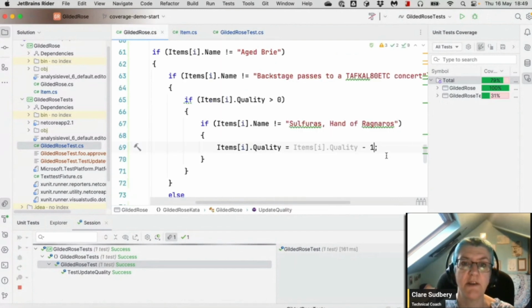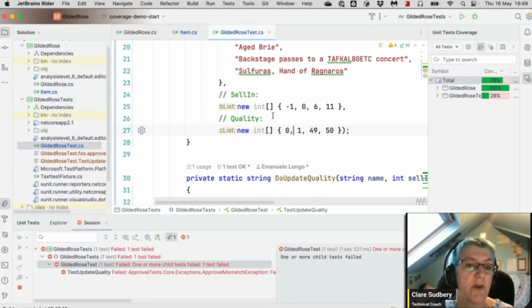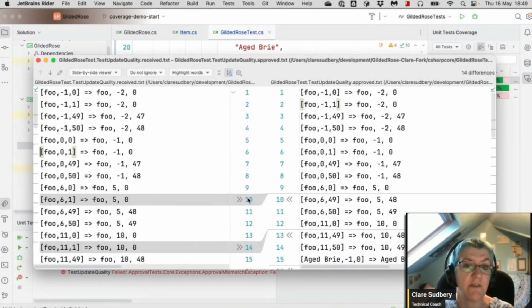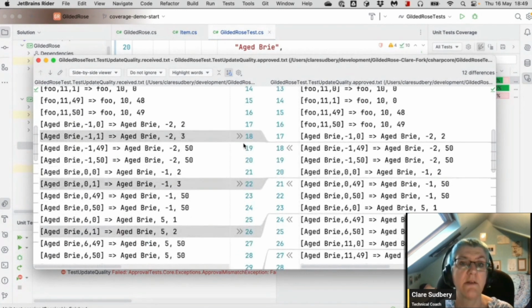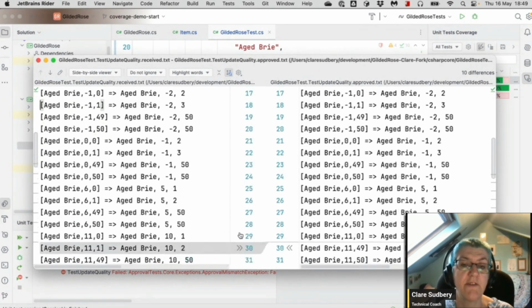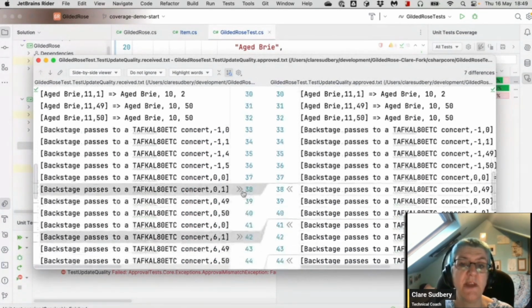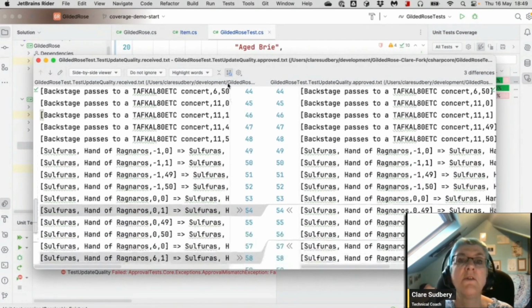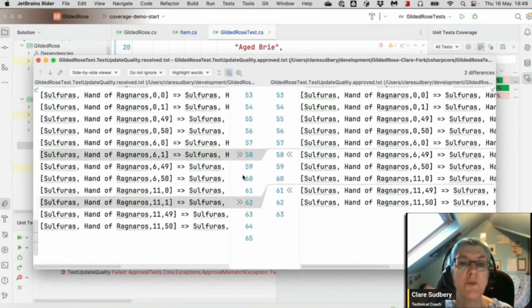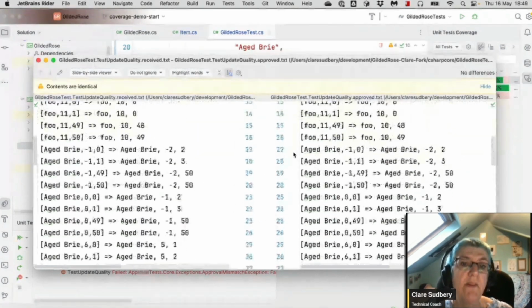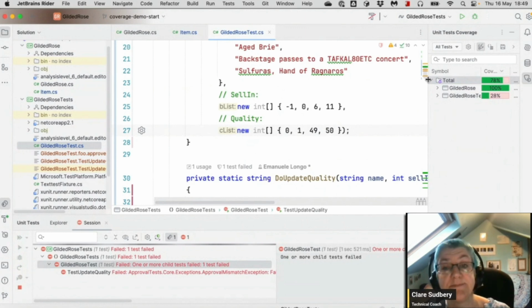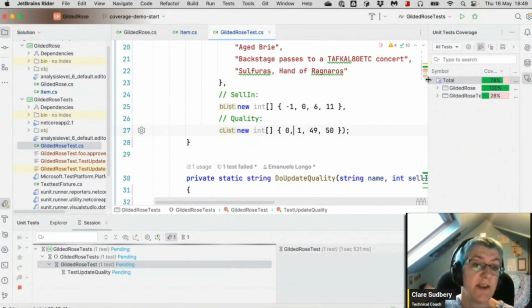Let me check that I didn't. Yeah, I put the code under test back. Change the test data, running the tests. Now I need to accept the new test data. So I accept that in a few places now because I've just added some new test data. So I just accept all of those. There might be an accept all button somewhere, but anyway, there we go. Accepted all the changes, run the tests again so that I can see them pass with the new test data,